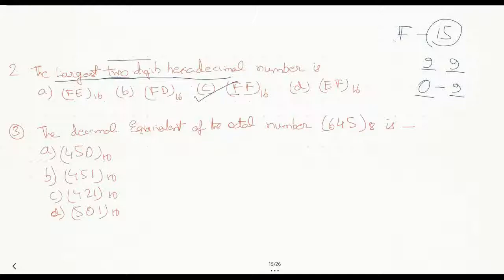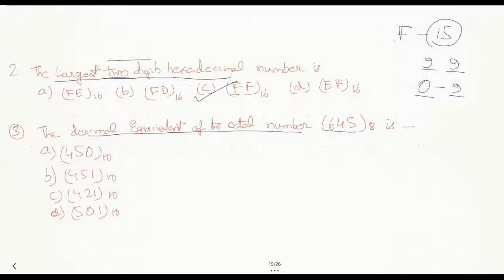Hence, the correct answer would be C. Okay. So the next question: the decimal equivalent of an octal number. Given this octal number, we have to find its equivalent decimal notation. So what we are going to do is use the place values and the face values of each